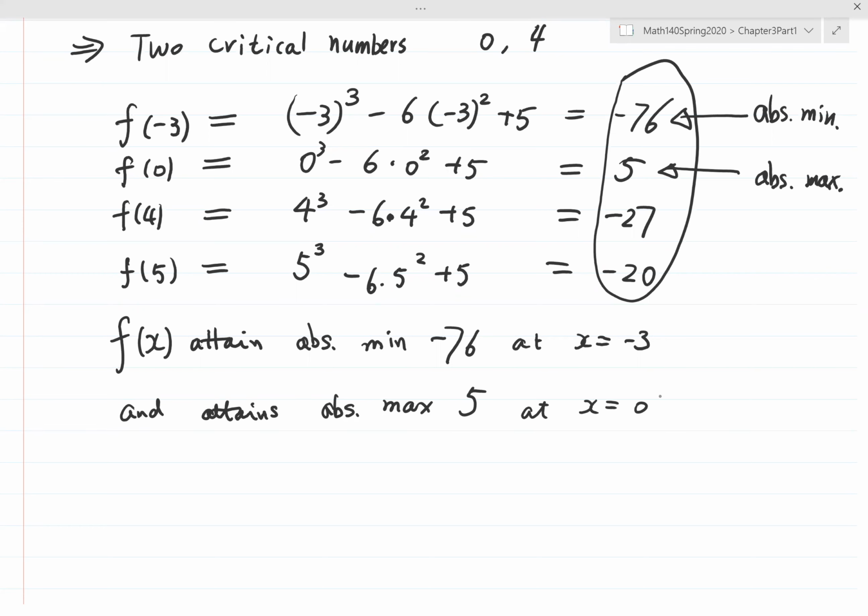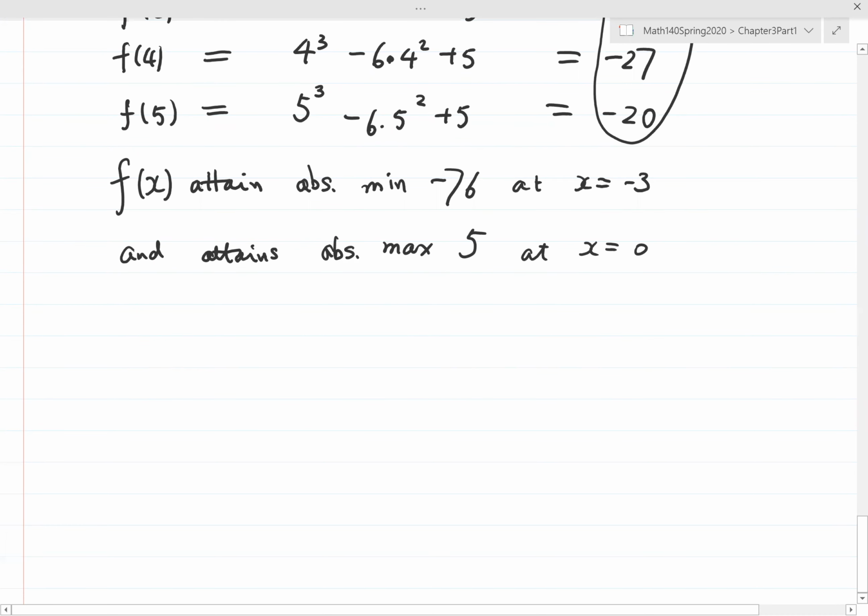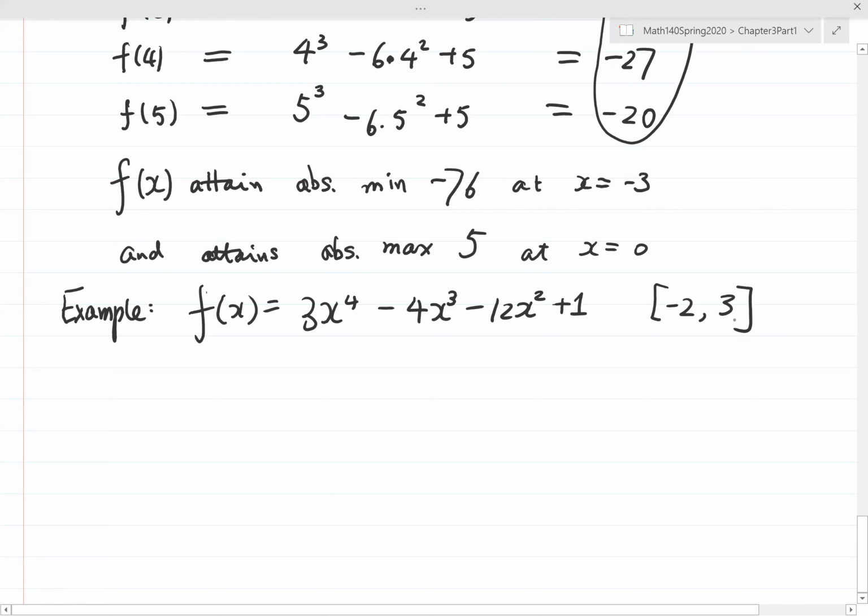Okay, one more example. Let's see this example. f(x) is 3x⁴ minus 4x cubed minus 12x squared plus 1. I think this closed interval is -2 to 3. Well, what we do is we use the closed interval method to find its maximum and the minimum. Now the first step of the closed interval method, I find all the critical numbers